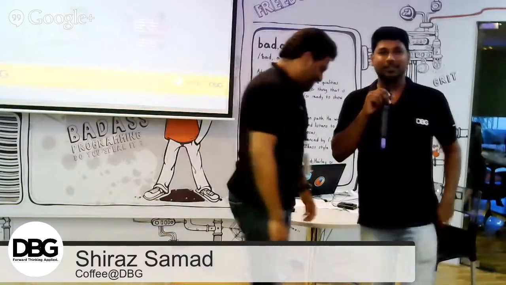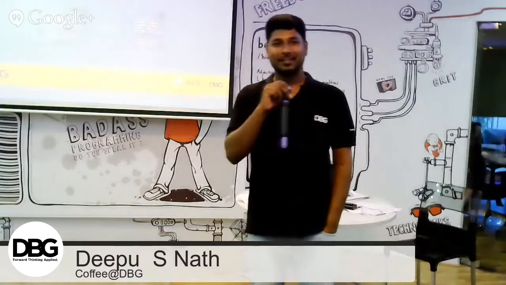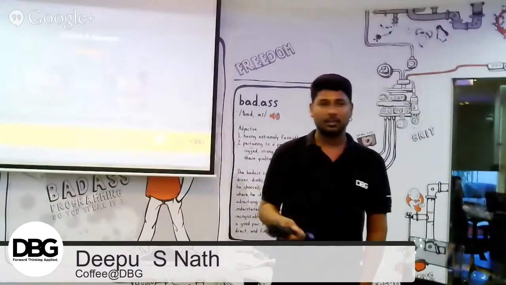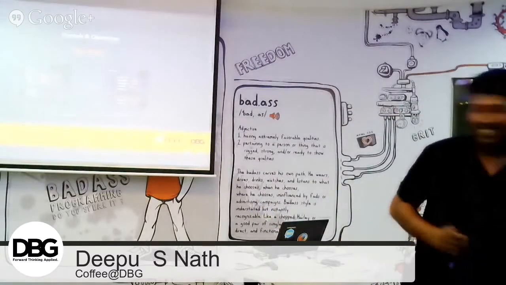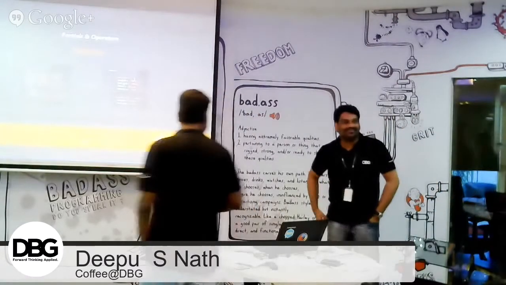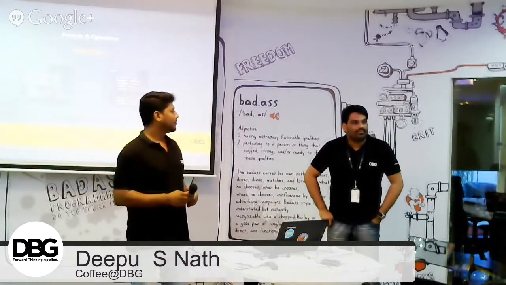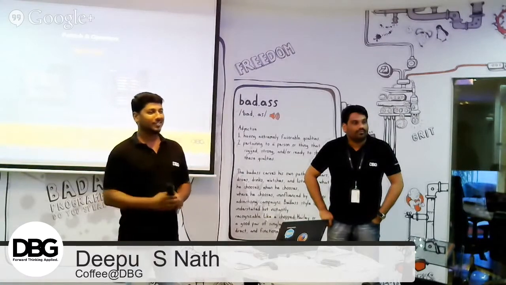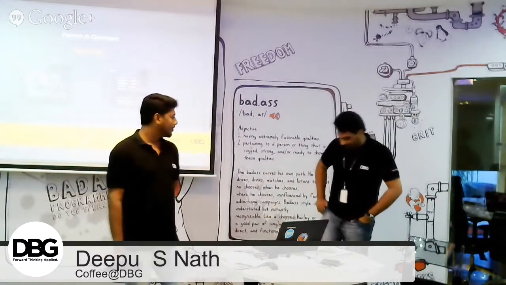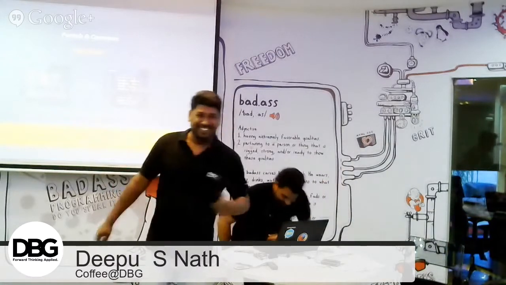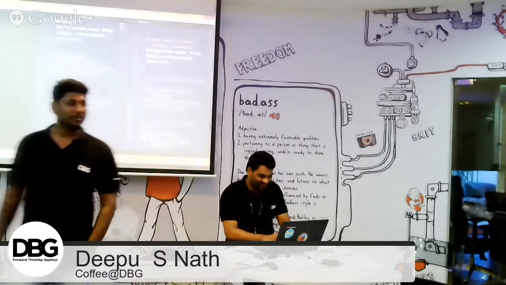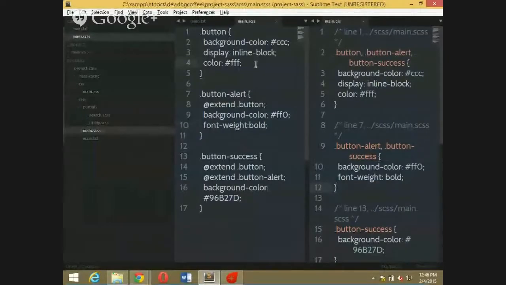So my question is, is it complex? No. One more question. When we are extending two things, we have a parameter called font in both of them. Will it take the first one or the second one? Which one will be taken and which one will be overridden? You said the last one will be taken. How is it prioritized, the last one or the first one?